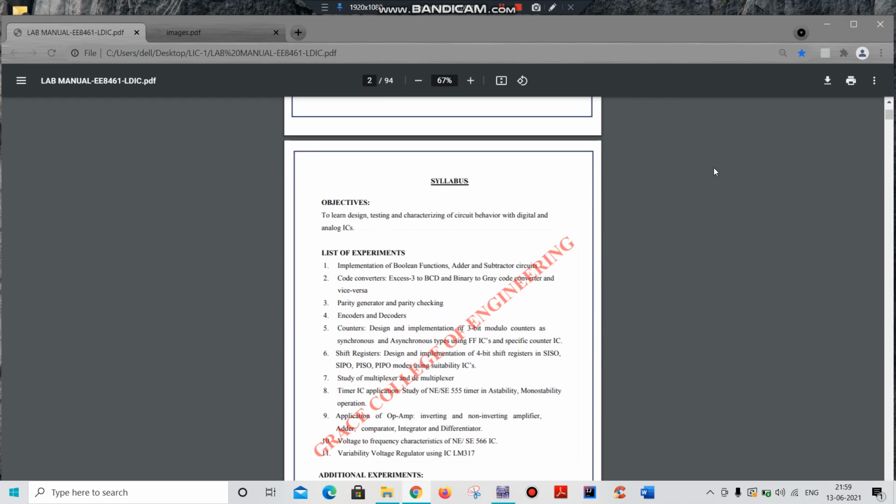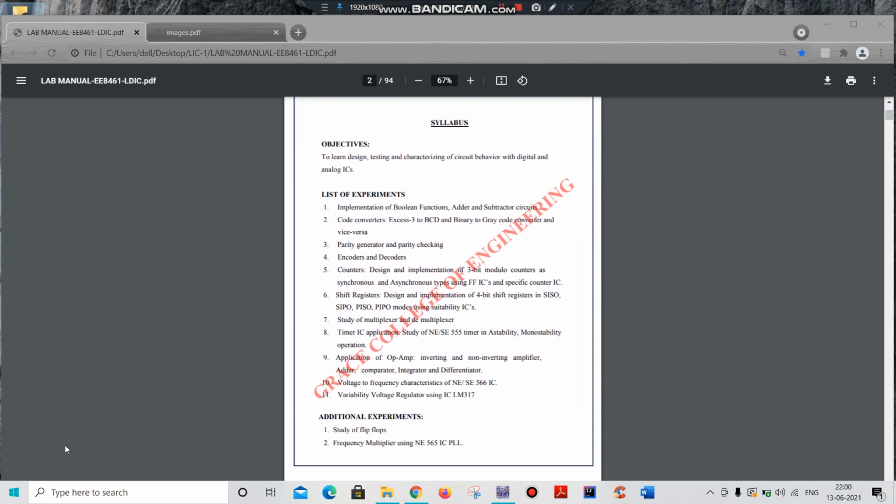The main objective of this laboratory is to design circuits in digital and analog with the help of ICs, that is to test and get the characteristics of a circuit which will be built in the digital and analog manner on the breadboard. So this is the main aim of the laboratory. So let us enter into the list of experiments.